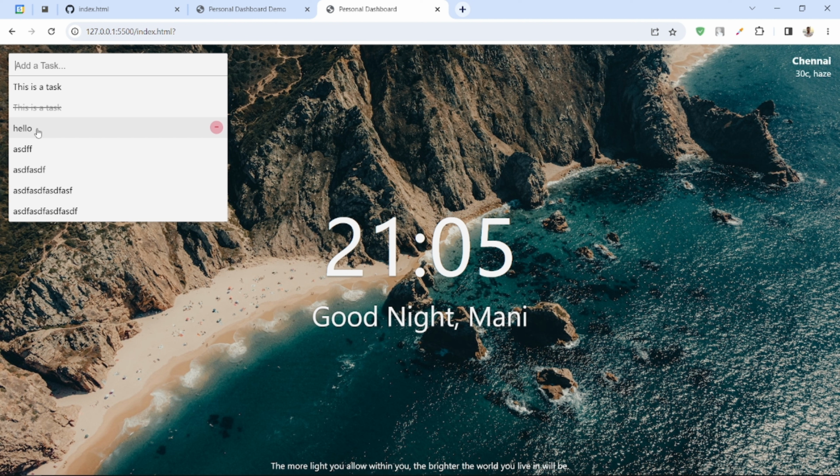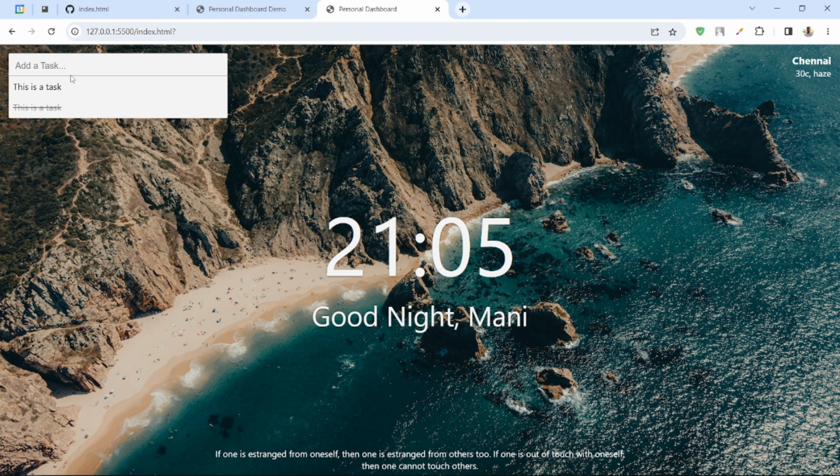Alright, so now we can do the other functionalities. Like whenever we click on an element, it actually